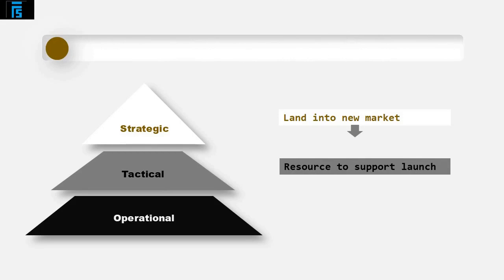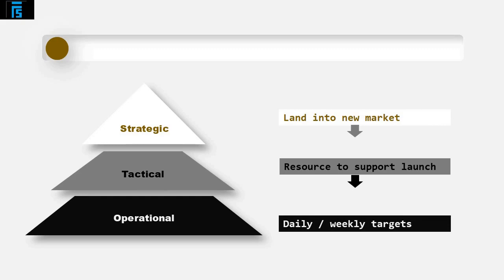Senior management would then be required to plan the necessary resource to support this, e.g. man-hours, equipment, advertising, sales promotion, etc. These would be tactical decisions. And then finally, lower management may set weekly targets for production and sales staff, ensuring quality of product and timely